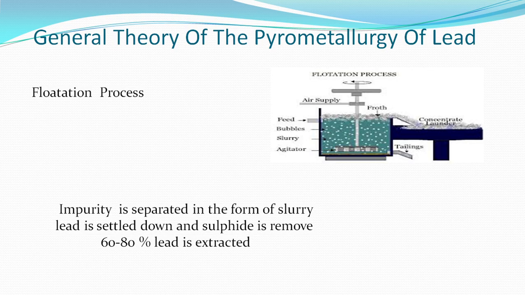This is a very simple process, my friend. These agitators rotate through 360 degrees. As a result, air is passed through the agitators. You can see the hole. Then that air rotates through 360 degrees, and it acts like a mixer. So it is forming bubbles, and those bubbles are taking the impurities to the top part of the solution, forming froth, and they are coming out from the solution.